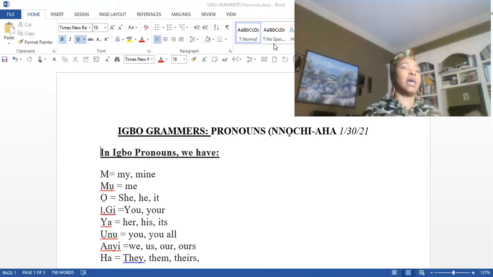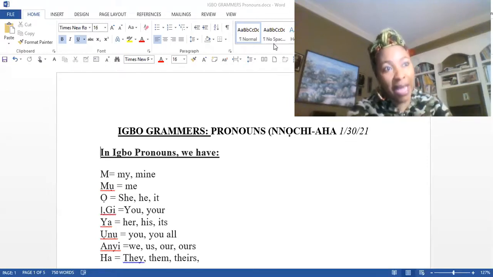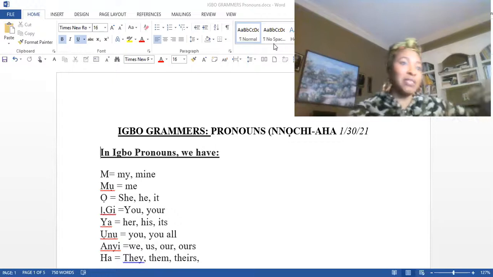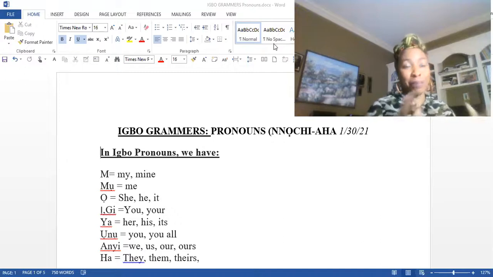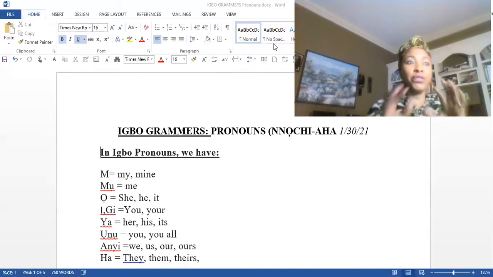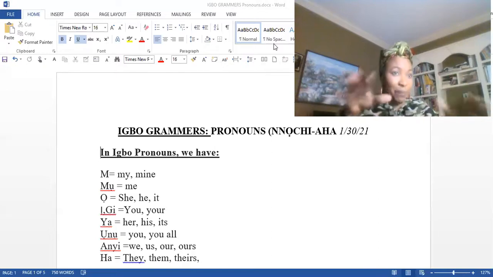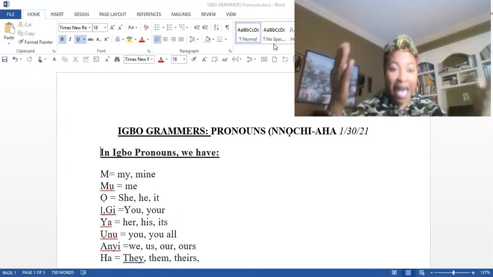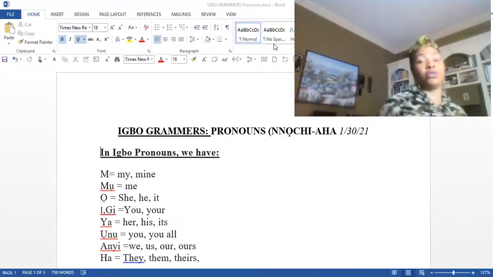Okay, so we talked about the possessive pronoun, you know what it is, and all the pronouns. We also have singular and plural. When you are addressing something in a singular form or in a plural way, dependent pronouns are usually limited to use as a subject. I'll give you an example of what I'm saying. And independent pronouns are usually used as the object. But now let's go to different examples.